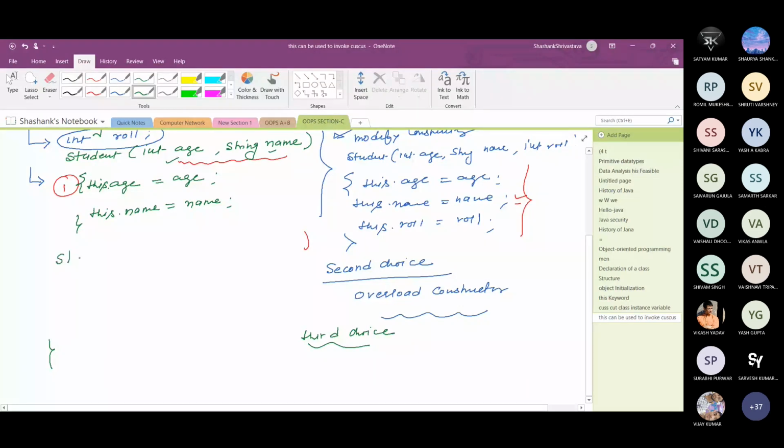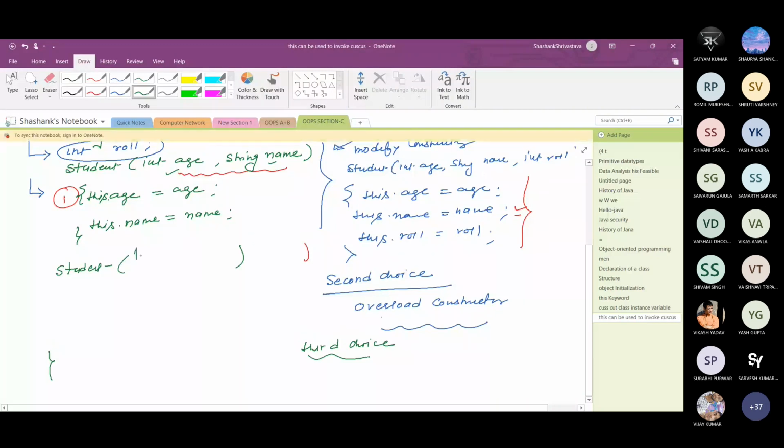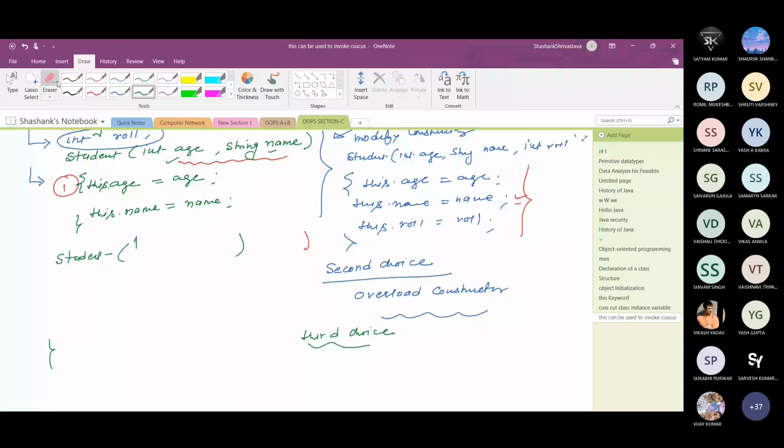But in overloading of constructor, we just add one extra parameter, that is integer roll number. I need not modify anything in this constructor. I just create a separate constructor, and only add an extra parameter, integer roll number, and this dot roll number is equal to roll number.